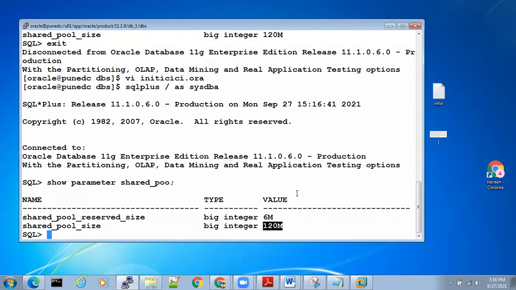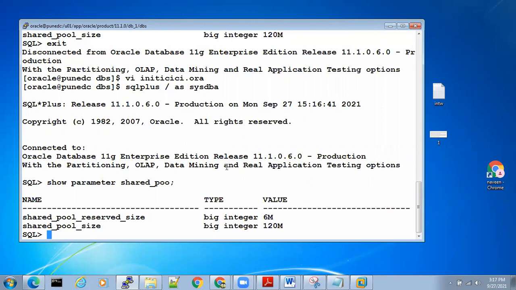It's not getting affected. Why? Can anyone tell me? I changed it in the P file, right? You people only asked me to change the parameter in the P file. It's not getting affected. Sorry, who is that? Jennifer, sir. Yes, tell me what is your answer? We have not given the command to restart the database again.